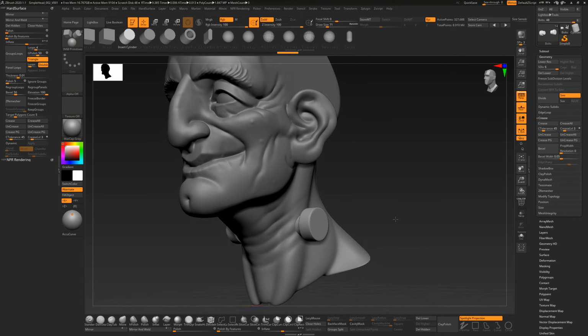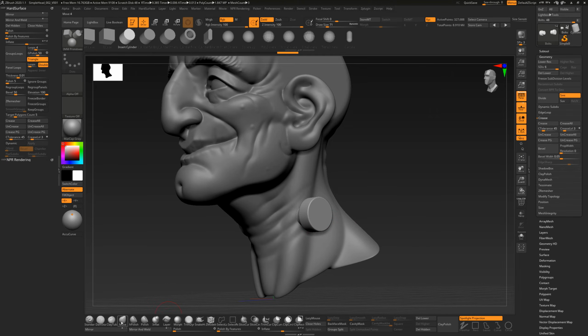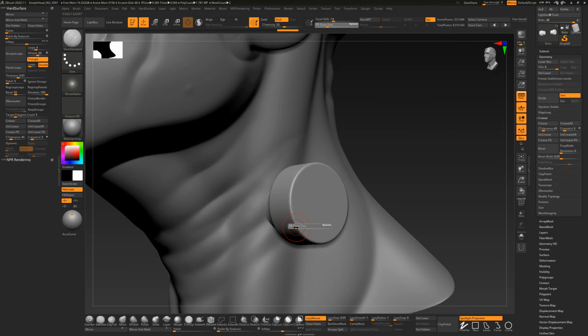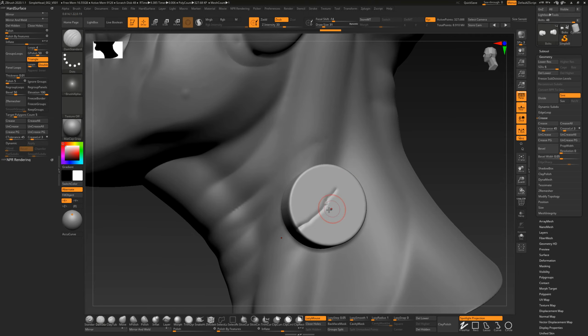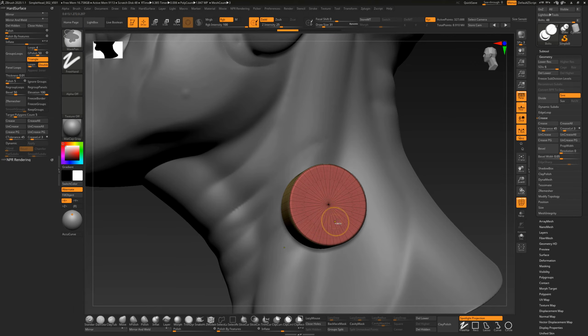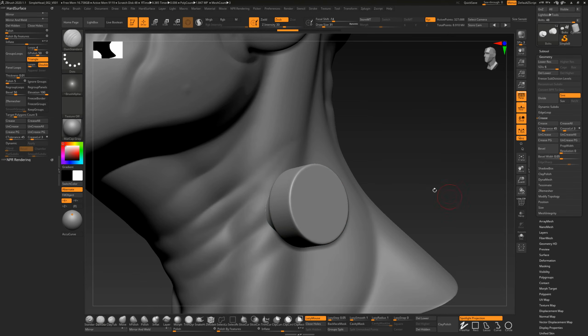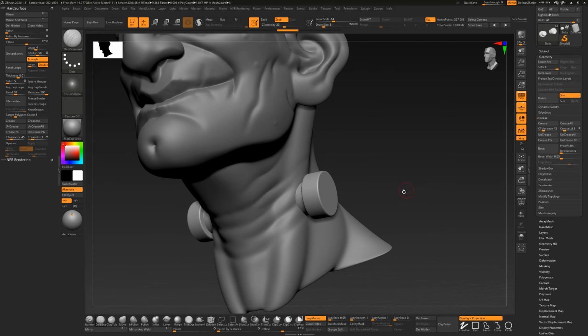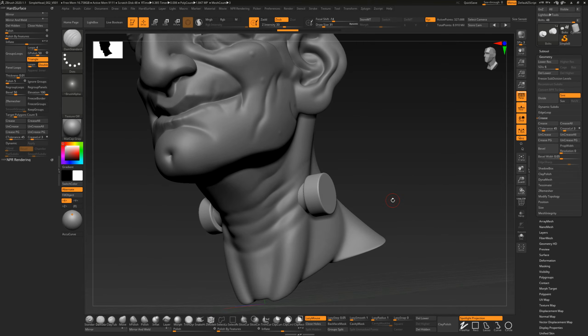It's just you're going to have to know a little bit more about topology. If we don't have nice even distribution of topology, it can be a little bit weird to sculpt on. So we might get some really good things that look good across the edge, but you saw what it does here, and it tears that up. That's because there's just not as much topology in the center part. Now, I don't want to get too much into topology at this stage for the introduction to digital sculpting, but